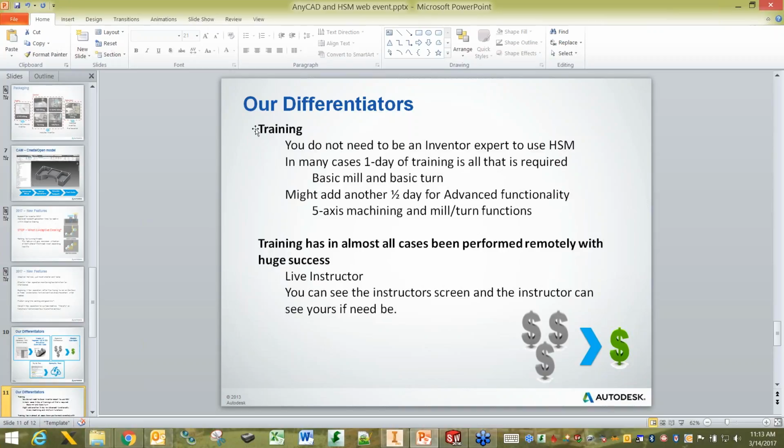And what attracted us to HSM was really two things, or three. It's the Autodesk product. The second would be the post processors, and then the third would be the learning curve. We're finding that you really only need about a day of training to get going on this product, and that's for basic mill and basic turn, and you don't need to be an Inventor expert to use the HSM side